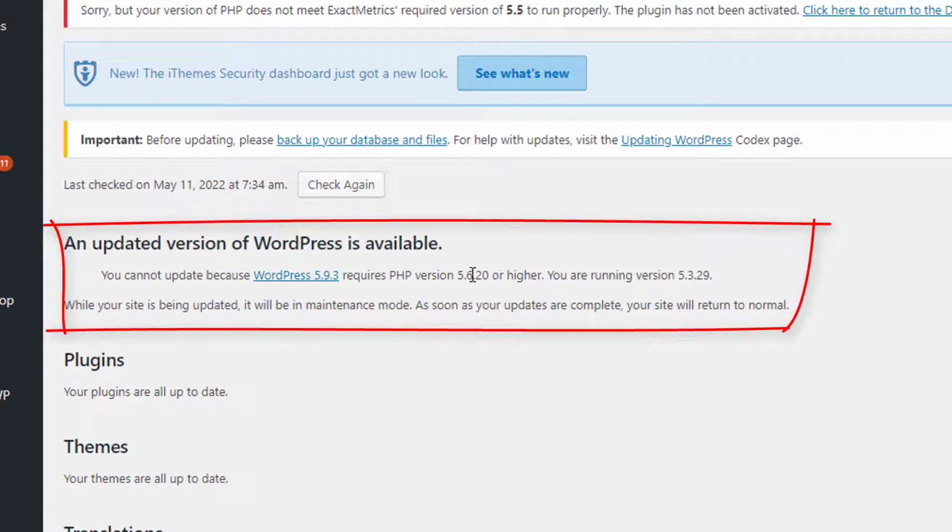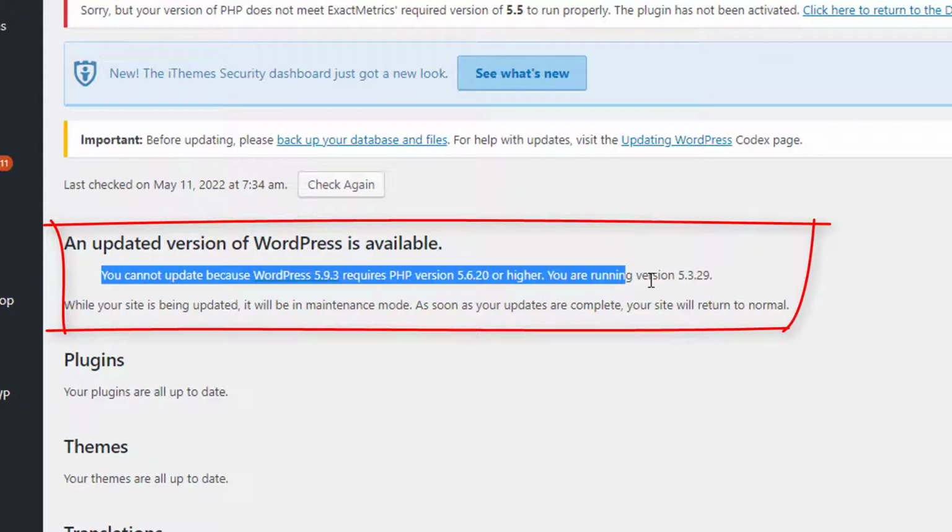If you receive this error, this is usually because your hosting has upgraded your PHP to the latest version. So you might get some errors or trouble updating if your PHP is an older version. Usually your hosting will upgrade your PHP from time to time. The majority of hosting will do that, but once in a while you may need to update the